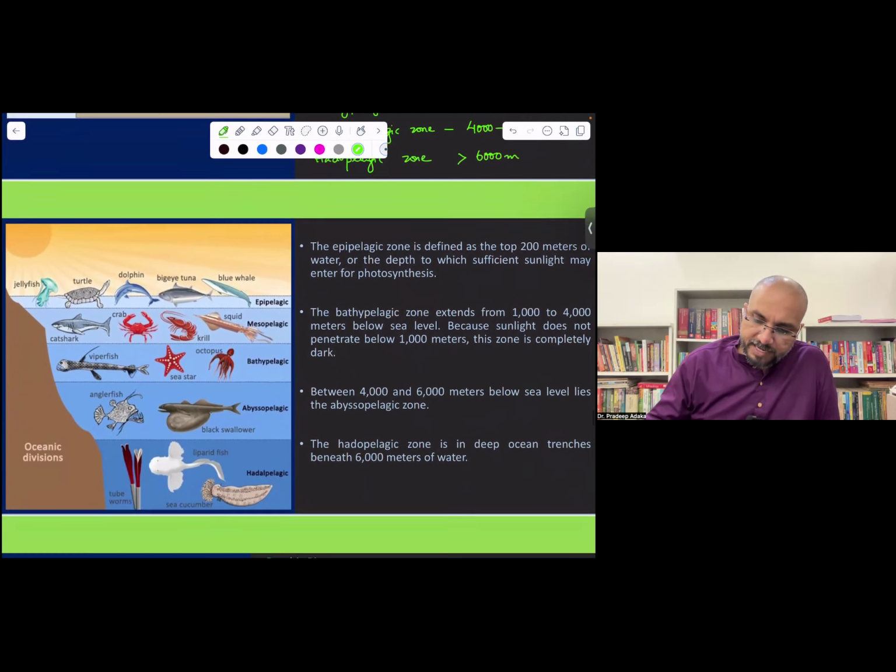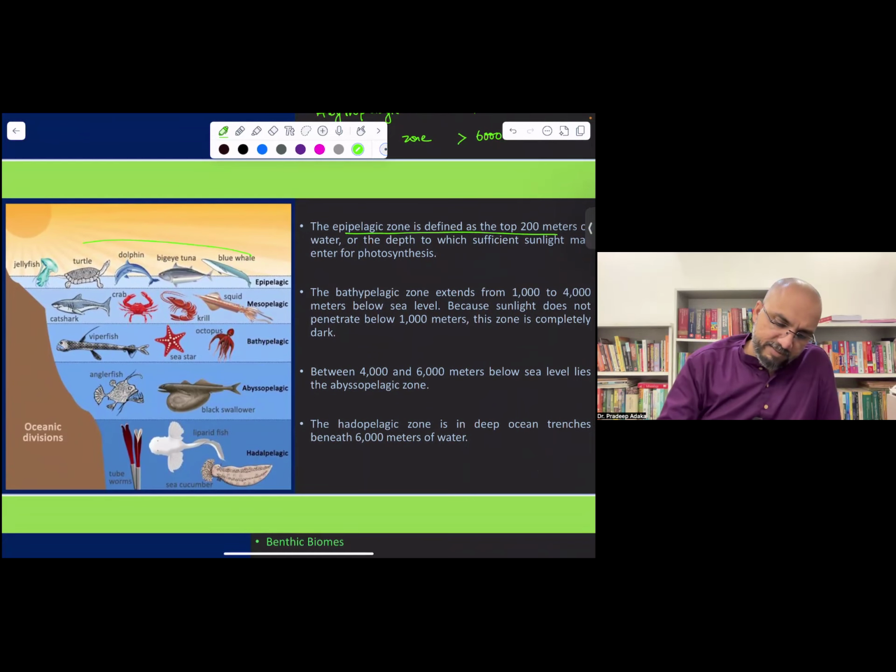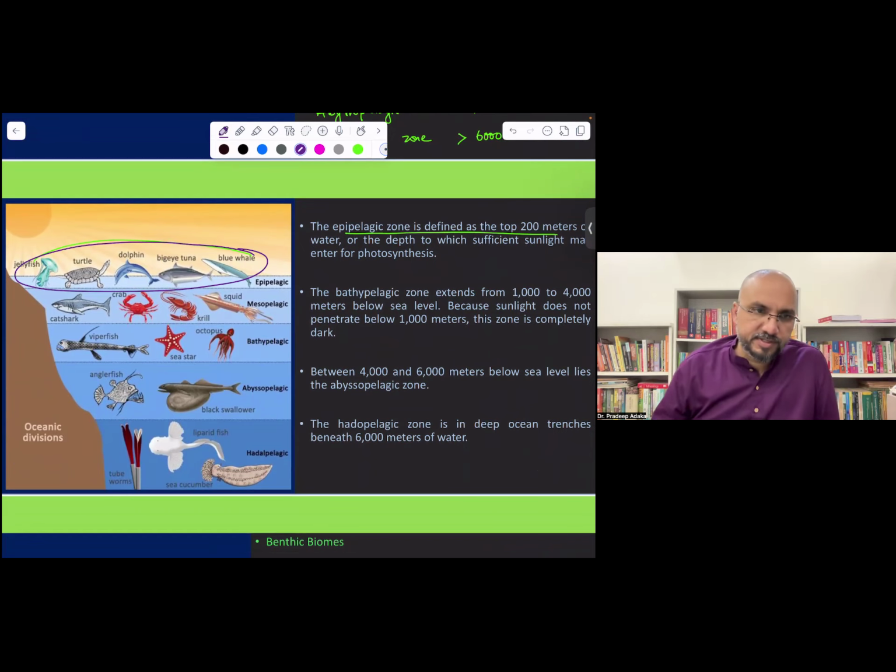So epipelagic क्या है यहाँ पर? Up to 200 meters. So epipelagic zone में different animals तुमको मिलेंगे. You will have different type of flora in the epipelagic zone. So dolphin, fishes, turtles, you will see all these things. Then bathypelagic zone